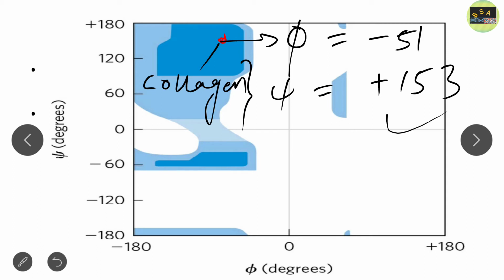So basically this is the plot, or you can say these are the permitted values that can be easily plotted between phi and psi angle, and this plot was given by Sir G.N. Ramachandran, and he plotted these permitted values between minus 180 to plus 180. So please students, note down all these values that I teach here. These are very important from examination point of view.